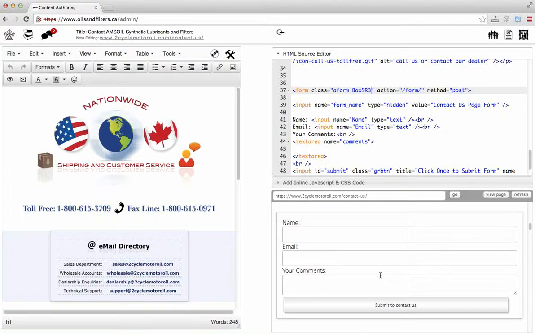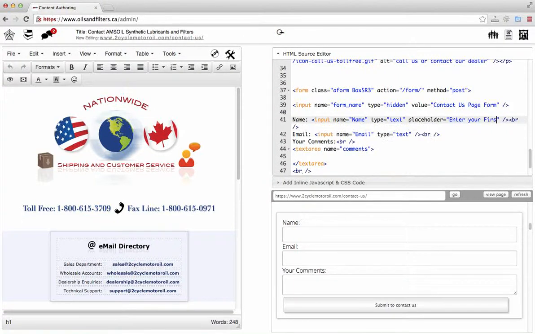One more thing I'll quickly show is something called placeholder. For example, here we have the name and then the field for the name, and then the email and the field for the email. We can add one more attribute here called placeholder, and we can type something, enter your first and last name. This can be handy. Just refresh this. So as you can see here,